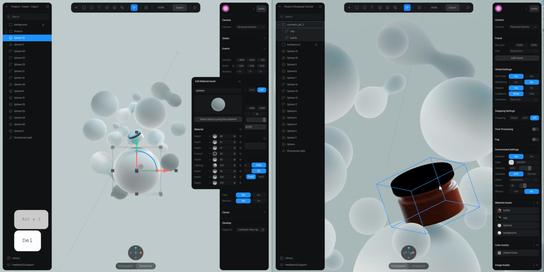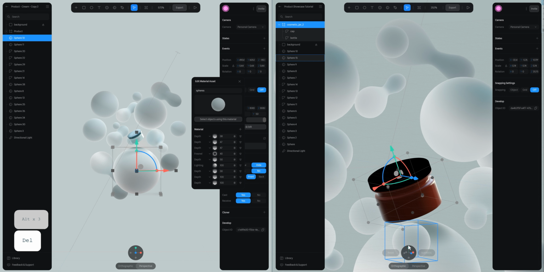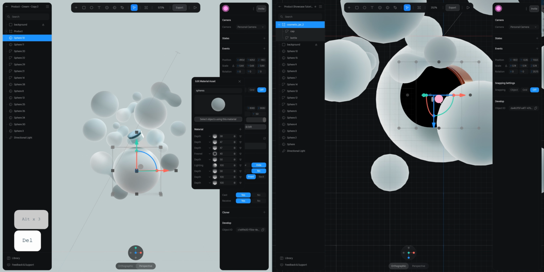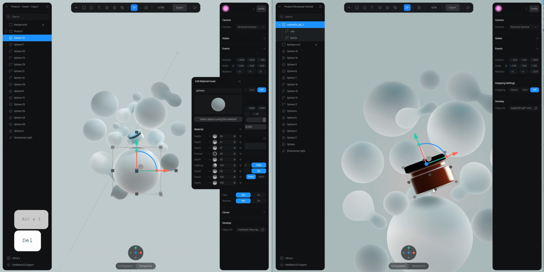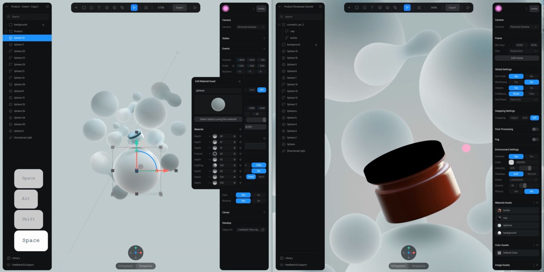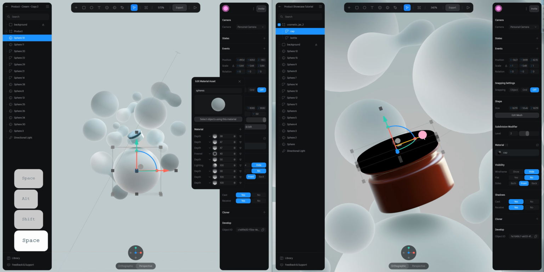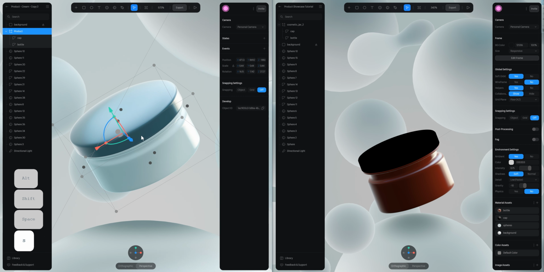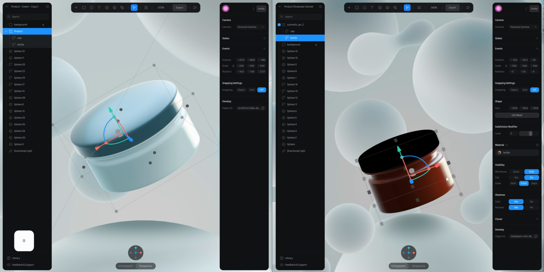Remove the placeholder. Put the product in the middle of my sphere. And change a bit the rotation. Okay, so this is how I've created the product here. And now we are going to do the material of this product. So the bottle,